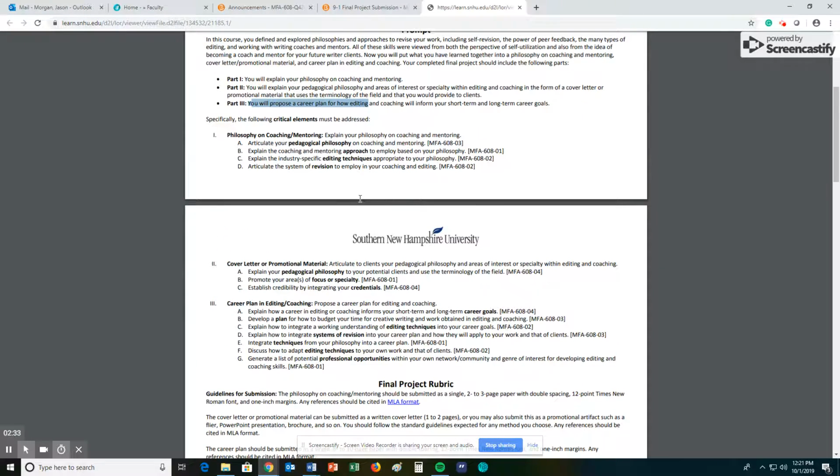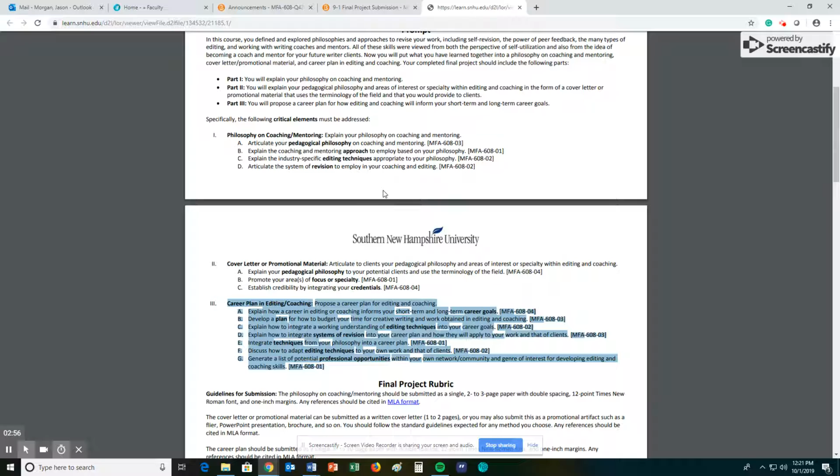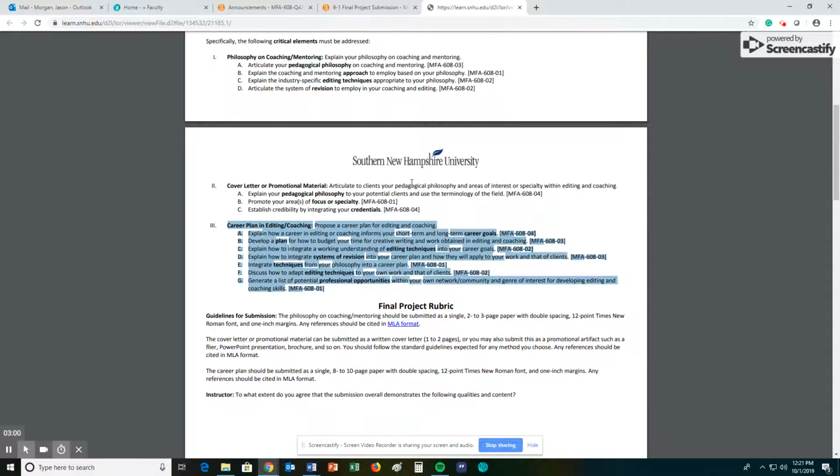You're like, well, great, I'm just going to copy and paste these and put them in. No, you're not. If you haven't learned this about Southern New Hampshire, you're about to learn it: these are the things that you need to address in each one of those parts. If you did it correctly the first time around, you are in good shape. You're off to a great start, but you need to revise these and polish them up, as it were.